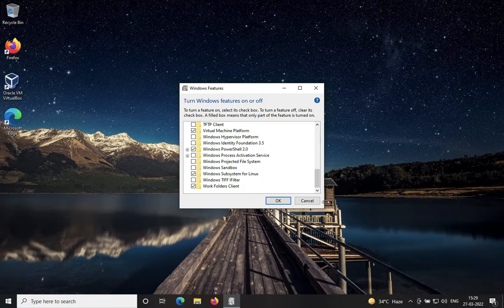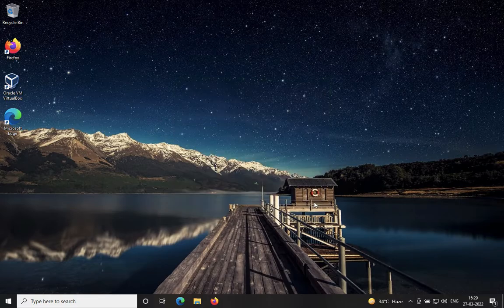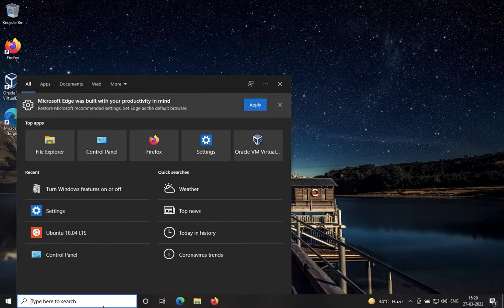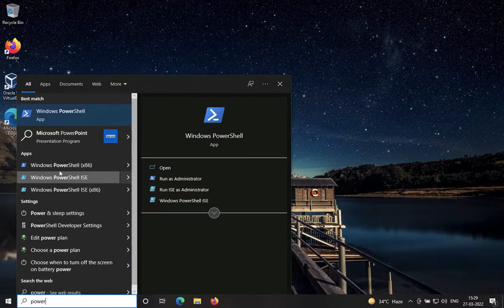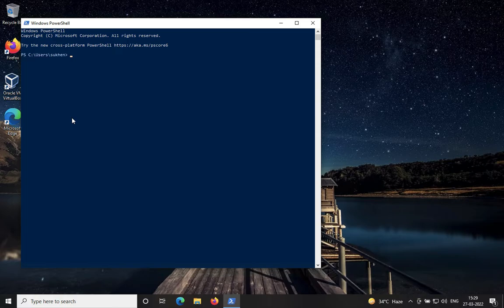After that, you need to run a command from your PowerShell. So what is the command? Let's first open PowerShell from the search option. PowerShell. Here you go. Now type dism.exe, space /online, space /enable-feature,